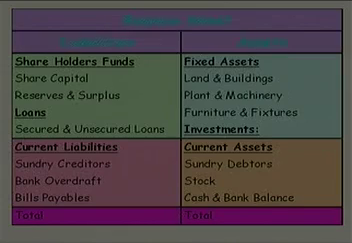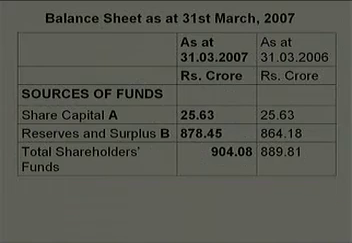Now, if you look at the assets, you have different fixed assets, for example, land and buildings, plant and machinery, furniture and fixtures, investments that you make in different companies, current assets under which you have sundry debtors, stock, cash and bank balances. We will see a typical balance sheet, but before that,